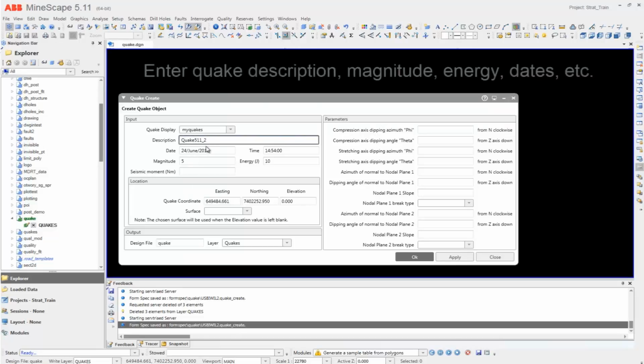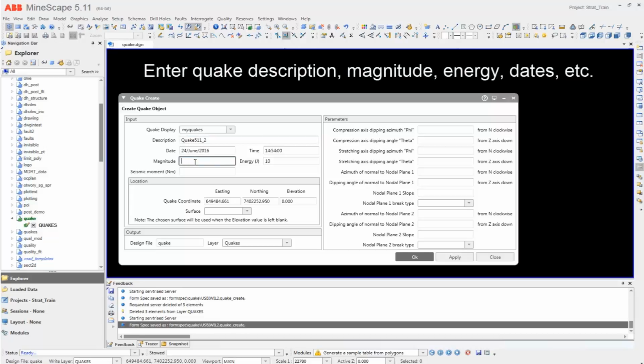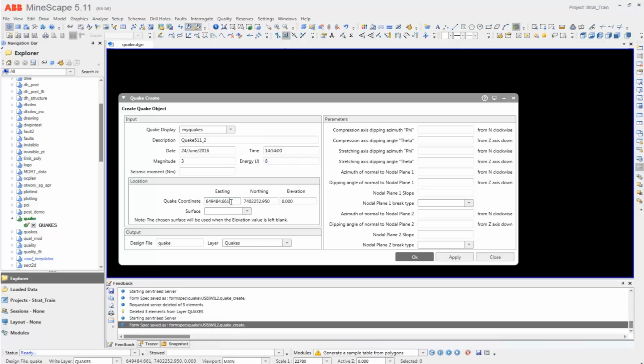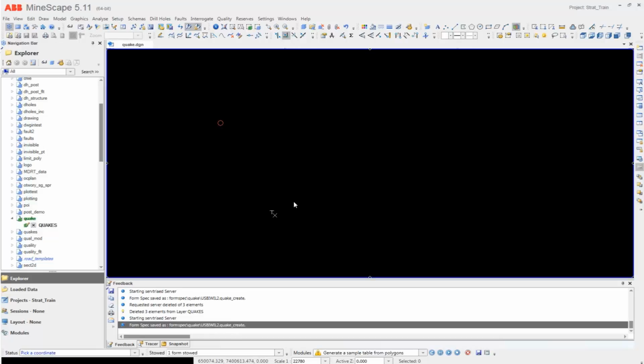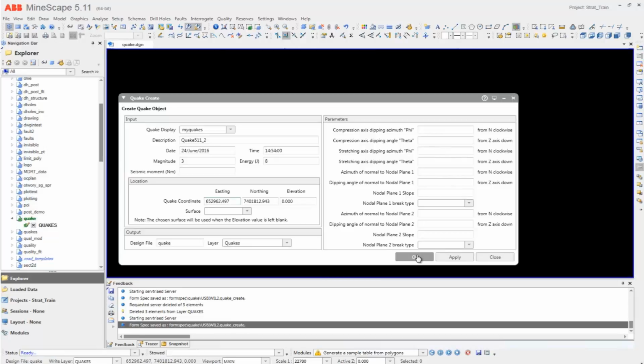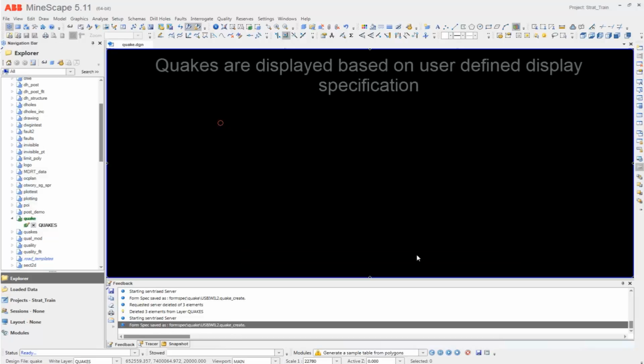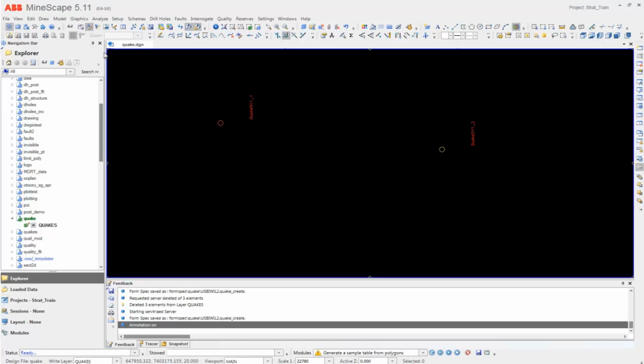I'm going to make two different descriptions here, and change the magnitude a little bit and the energy. You can enter that in, and enter the time when the quake occurred. I'm going to pick another spot for the second quake. And you'll see here that the quakes are two different colors. That's because of my color by specification. And you'll see the annotation is the description,